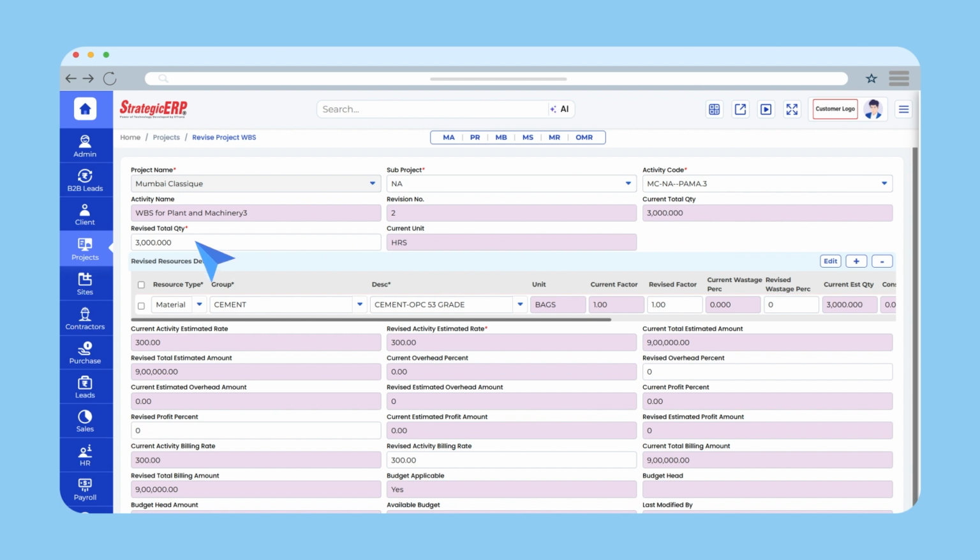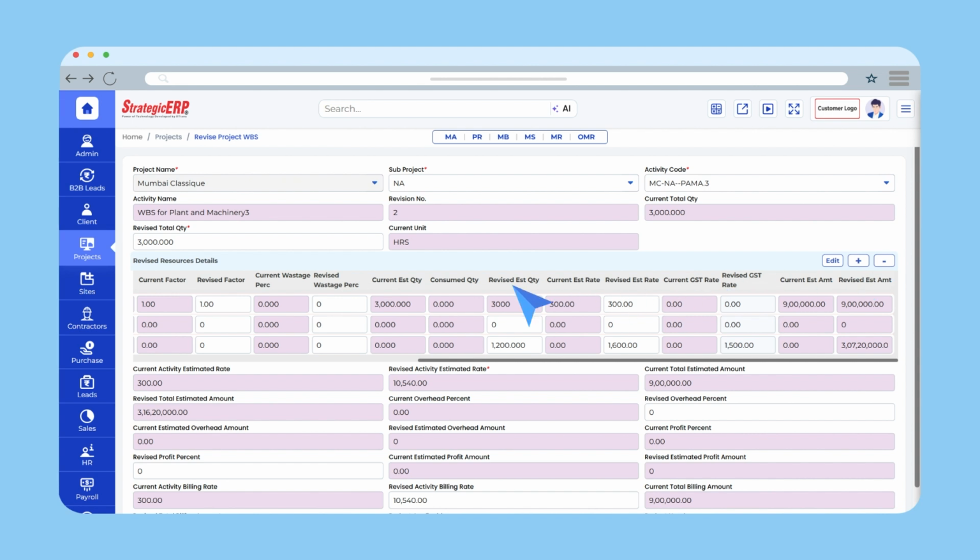Enter the revised total quantity for the activity. The current unit will be auto-fetched. Click on the plus sign to add additional resources. The current factor will be auto-fetched from the WBS activities. If the current factor is not available, you can manually enter the revised estimated quantity, revised estimated rate and revised